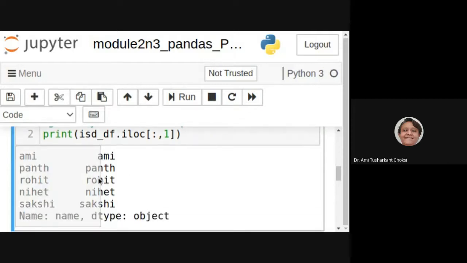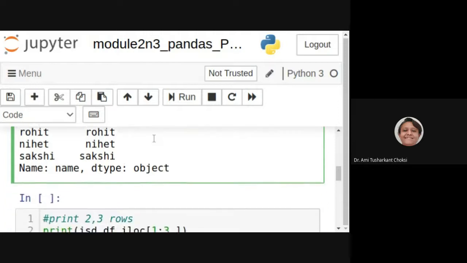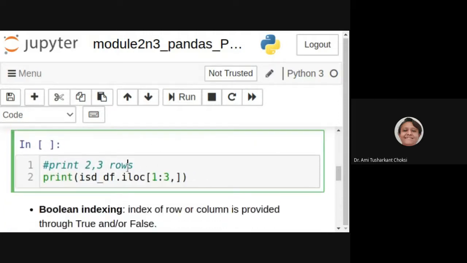Okay. So what we can say is name is available. Whatever are the names that we are getting, right? Which column are we getting? Only 1, right? Column number 1 we are getting. And what about rows? All the rows, right? All the rows, fine? Because start and end row numbers are both not specified, fine?